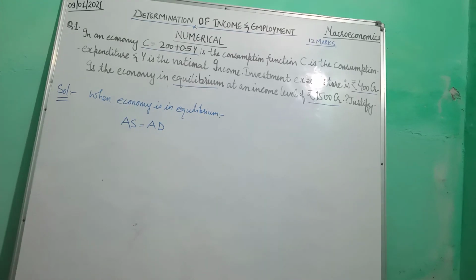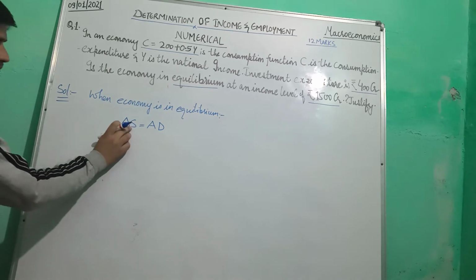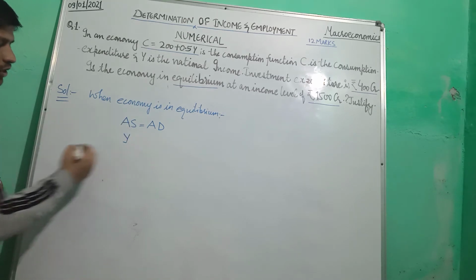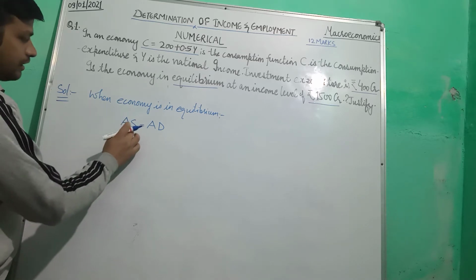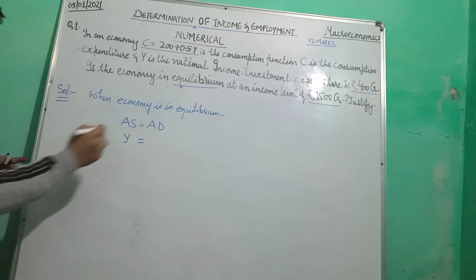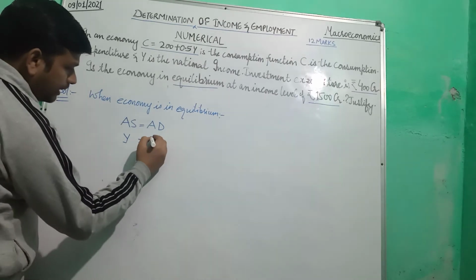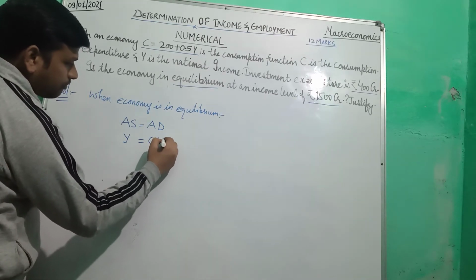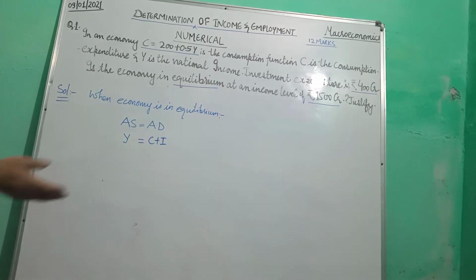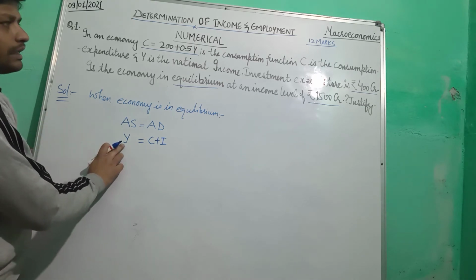Aggregate supply means the total income, so for the sake of convenience, we will write Y in place of aggregate supply, and instead of AD we will write consumption plus investment, as we have discussed earlier for this topic. So Y is the national income,